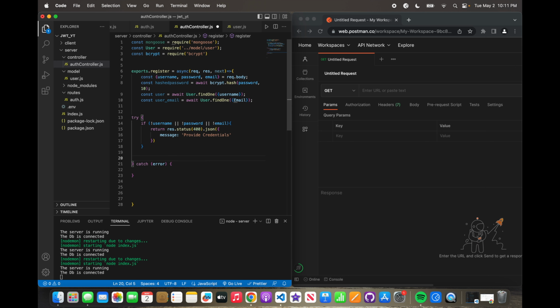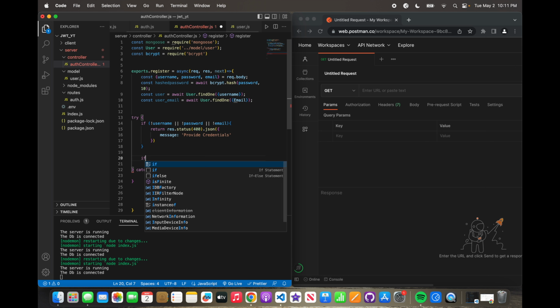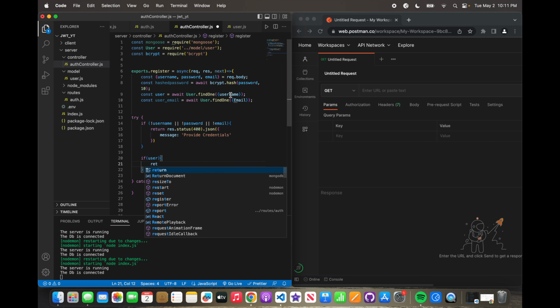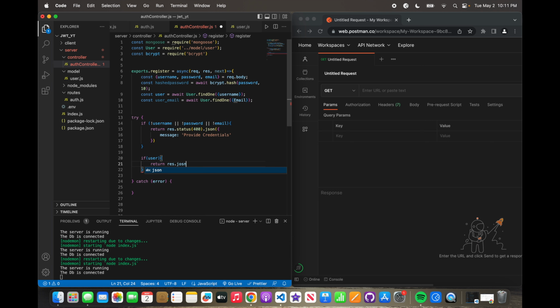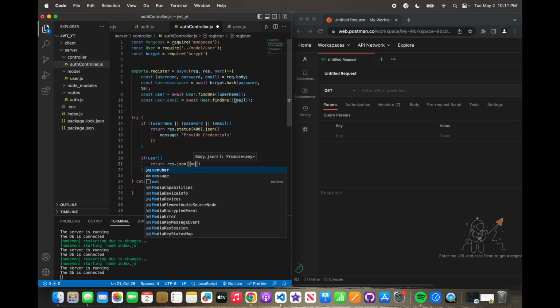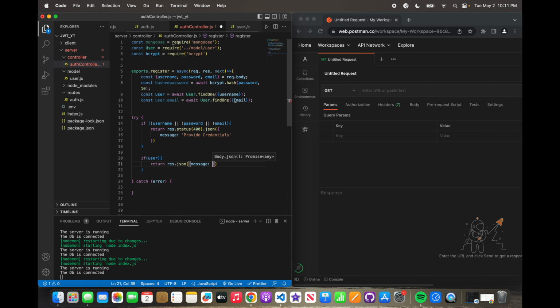Now we're also going to say if, now we're going to be using this user. So if user, if there is a user under the username, so if you look for a specific username and that user is there, you're going to return res.json with the message of please